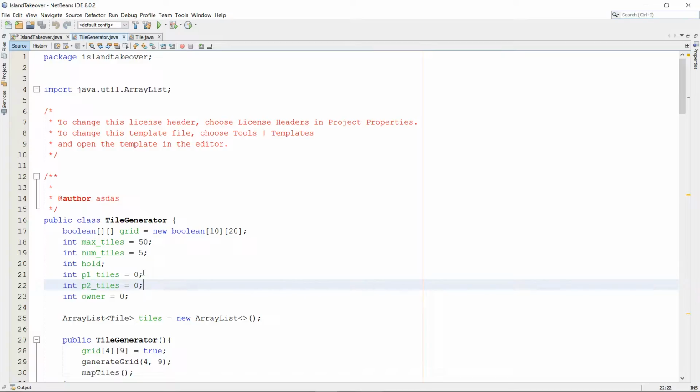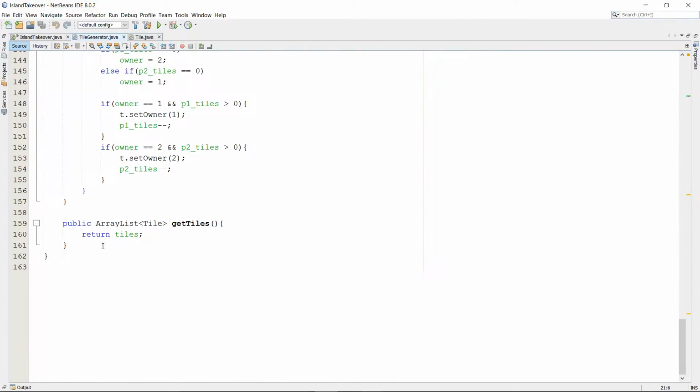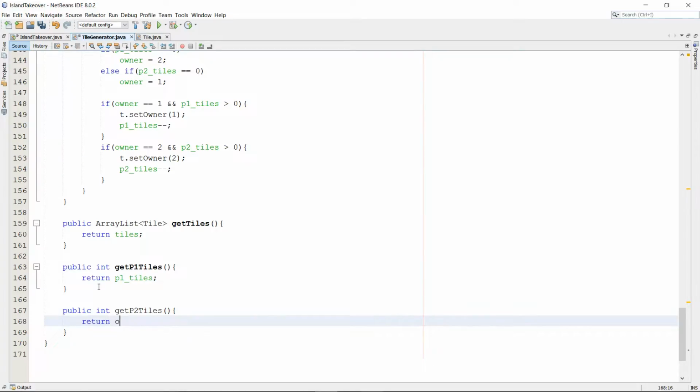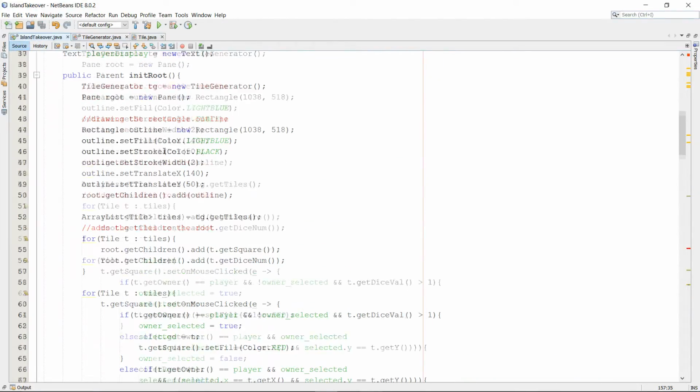Okay. So all we need to do is get that information and then increment it each time there's a successful attack. So maybe what we can do is something like public int get P1 tiles, return P1 tiles, public int get P2 tiles, return P2 tiles. So now we can get that information from there, so we know what they start at always. And then we say,